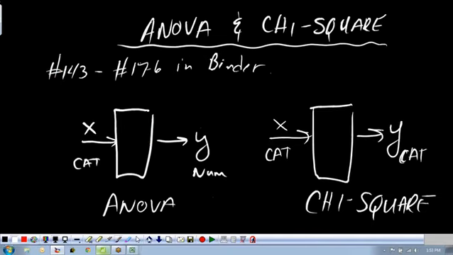This is extending when you have more than two categories. ANOVA rules for when you have a number output, a category input. Chi-squared works really well when you have a category output, category input. Remember, these particular techniques are helpful for being able to talk to other black belts and things like that. They're helpful once you learn to master them, but if you have trouble with them, you can always